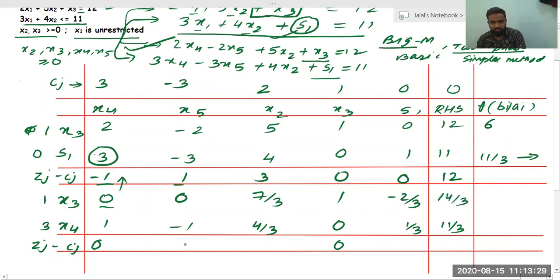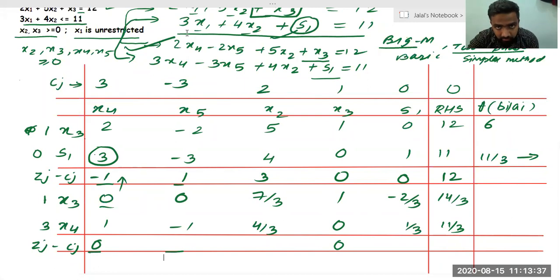Okay, now I need to find these values. Since this is 0, can anyone tell me what will be this value? What will be x5? Anyone? You can even put it in the chat if you want to. What will be Zj minus Cj of x5? Those who are listening, be fast. Please be quick. Can anyone let me know what will be the Zj minus Cj of x5? Without solving. 0.